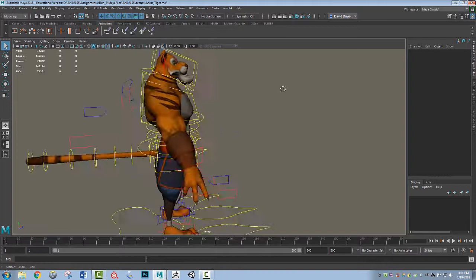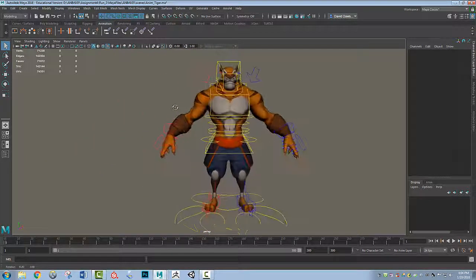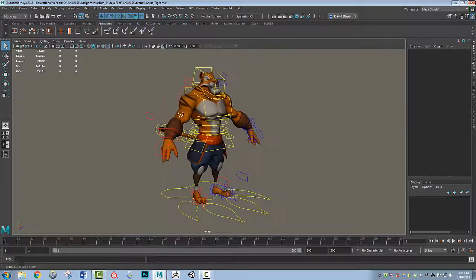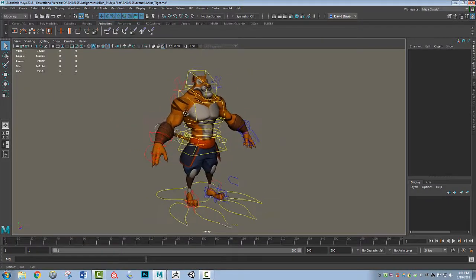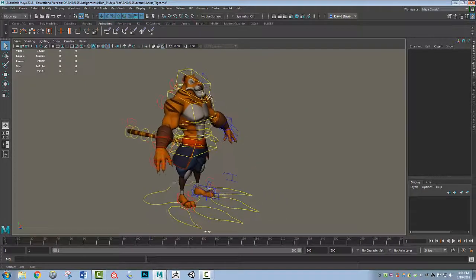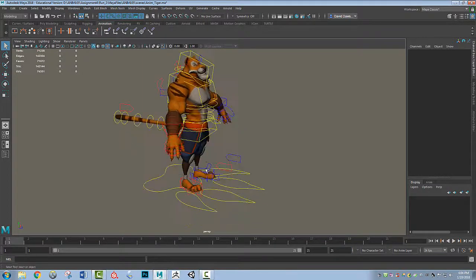All right, so let's do a kind of stylized run with this guy. And after this, I think maybe we'll do a jump, and we'll either use the Stuart character or go back to the Bat Snipe. But let's get this done. So we had 31 frames for a walk cycle. I would say we can cut about 10 frames off for a run cycle. So let's try 21 frames. That way we can break it down evenly, so we'll have a fully extended